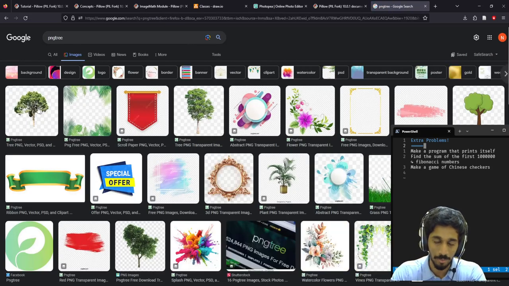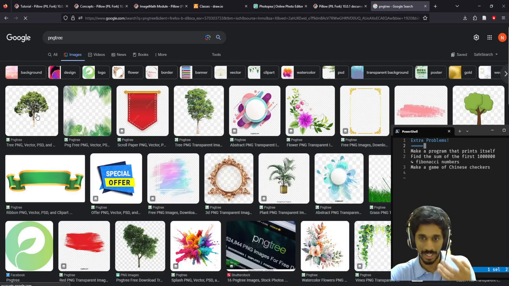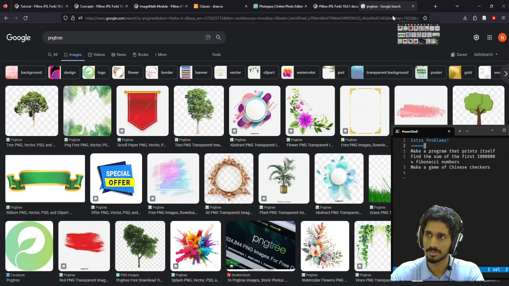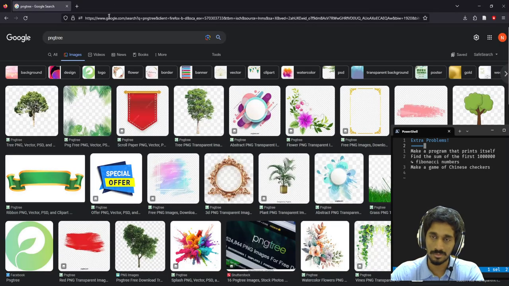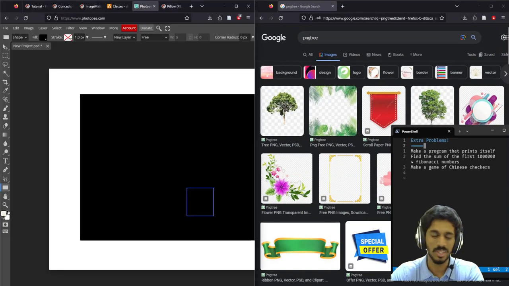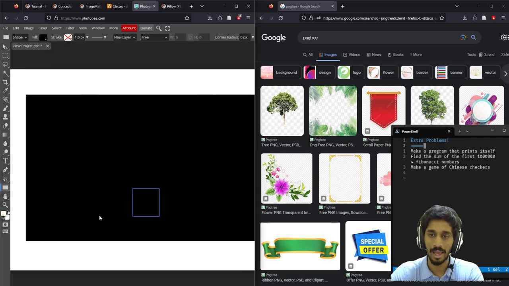So whenever checkered boxes are there, normally it's a transparent background. So one better way to see it is, there's a free online app called Photopea, and